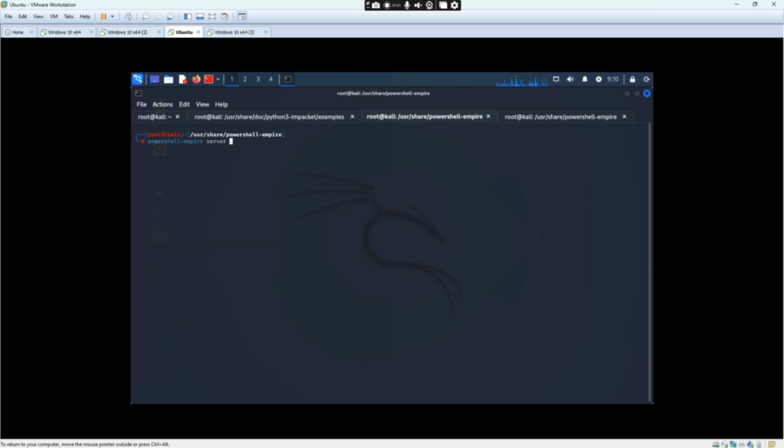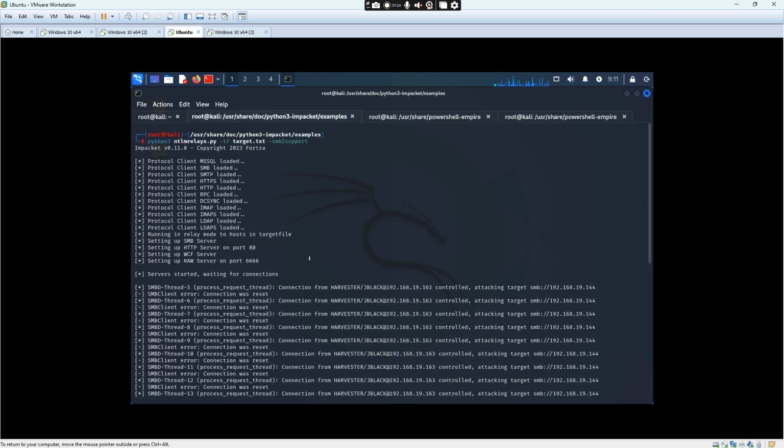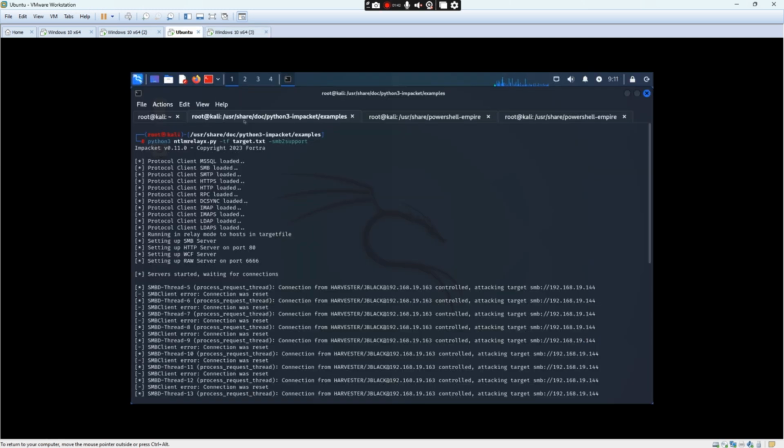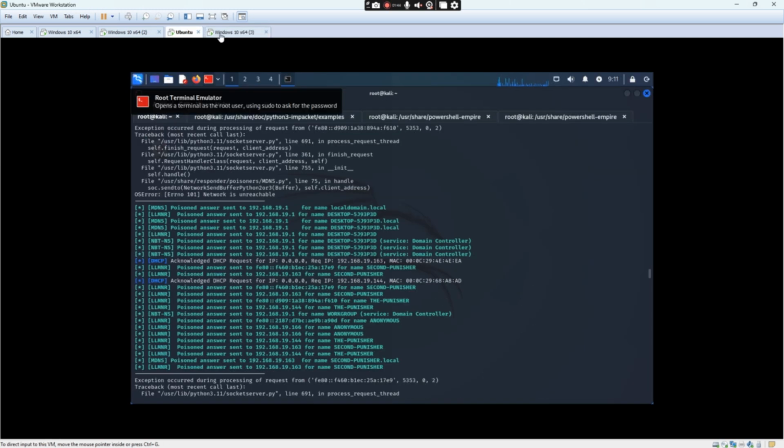Obviously ntlmrelayx.py is not going to run properly if I don't have a connection set up between the SMB share of that network, or the network that I'm trying to exploit. So the solution is actually a beginner solution, so to speak. It's quite simple. The first thing that you need to ensure before you run your Responder or your ntlmrelayx.py